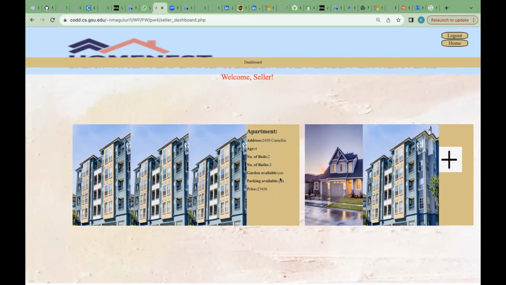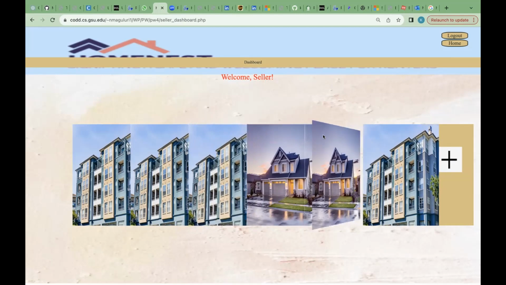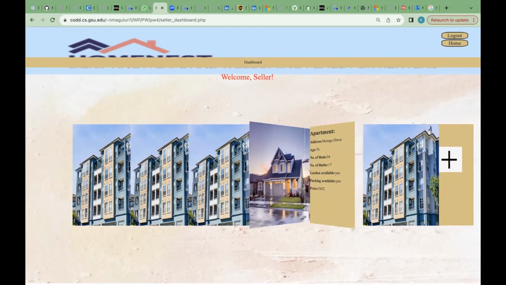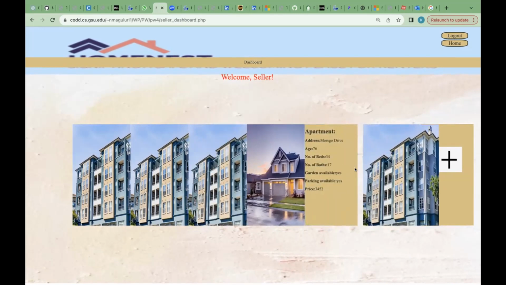I took part in the CSS styling of this, which is crucial in a real estate platform to make it appealing to the customer, how it looks to him. I dedicated effort to crafting an engaging user interface by creating CSS styles that enhance the visual experience. The color scheme, the layout, and the interactive elements were meticulously designed to align with our project theme and offer a pleasant experience. And coming to the property listing,